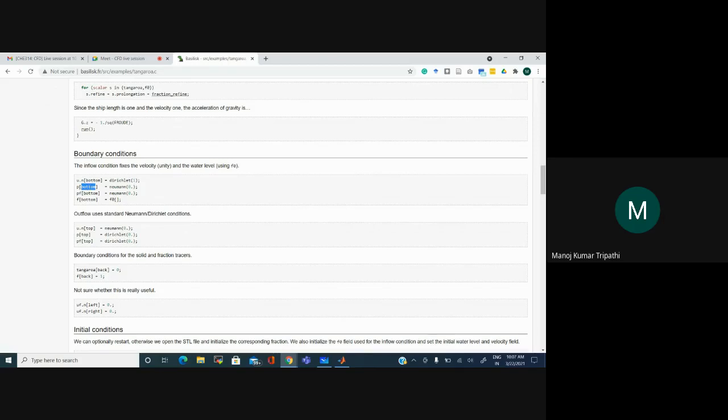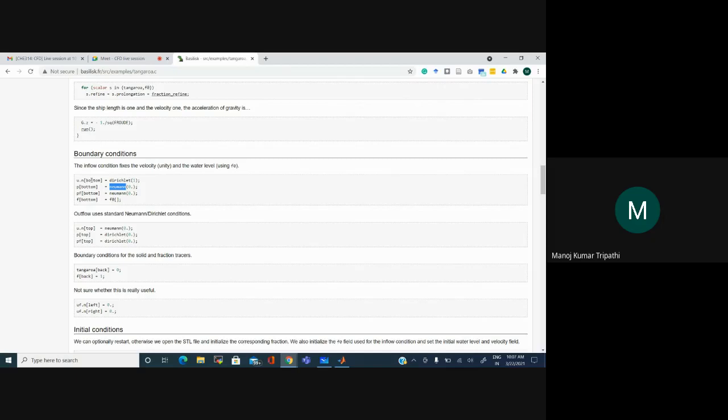So you don't have to write a for loop for all the cells or for all the grid points that are at the bottom boundary. You can just write P bottom equal to Neumann 0, which means it will be a Neumann boundary condition. Neumann boundary condition means partial derivative of pressure with respect to that direction. In this case, it is bottom boundary. Let's say it is y direction, in which the y direction points from bottom to top, let's say. So this will be ∂p/∂y equal to 0. That is the boundary condition we are applying here.